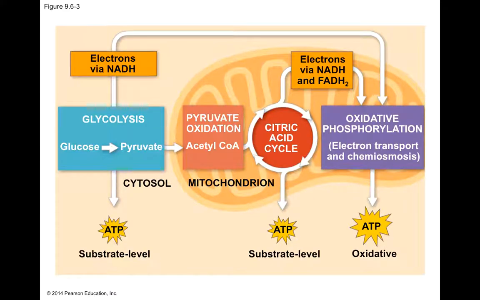The last stage is called oxidative phosphorylation, which is actually in 2 parts, the electron transport chain and chemiosmosis. This is where the majority of ATP is made from the high energy electrons that were temporarily stored in NADH and FADH2. These reactions take place in the inner membrane of the mitochondrion. Oxidative phosphorylation is responsible for about 90% of the ATP made from cellular respiration, and this is done in a